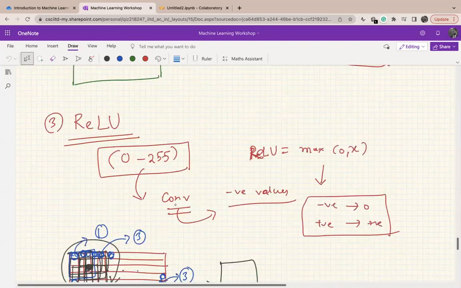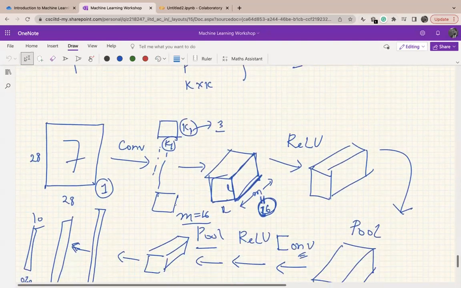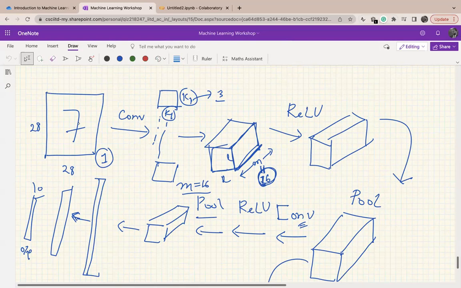If the input image is like this, we have a bunch of filters applied on the image, and each filter generates a smaller image, and we sandwich these smaller images to get a 3D image in the second layer,